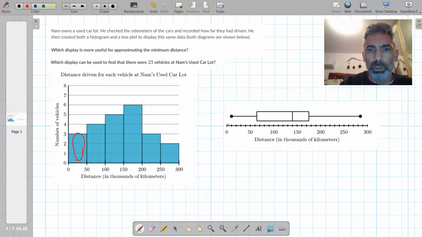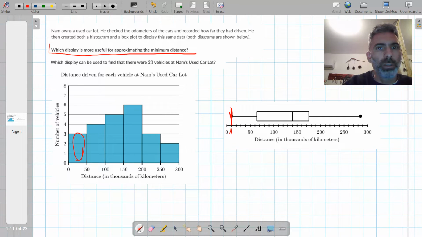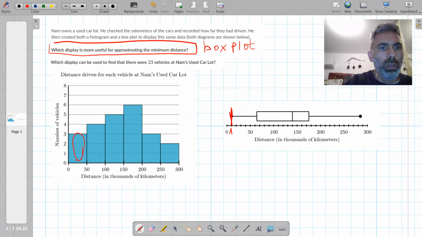Opposed to the box plot, where we see exactly the minimum value with 1,000 kilometers. So for the first question, the box plot is definitely more useful. As for the second question, which display can be used to find that there were 23 vehicles at Nam's used car lot? Okay, so here the histogram tells us exactly how many cars are represented in this display, because we